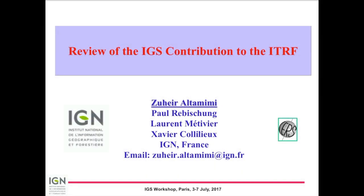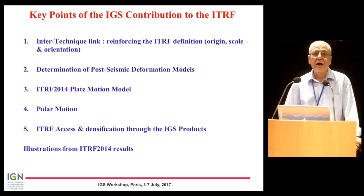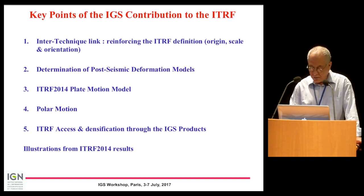This is actually a review presentation, nothing new that you should know about, but it's a kind of reminder about the IGS contribution to the IRF. For this presentation, I identified 5 key points where the IGS contribution to the IRF is fundamental. So you have these 5 key points listed, and I will go through them illustrating the results from